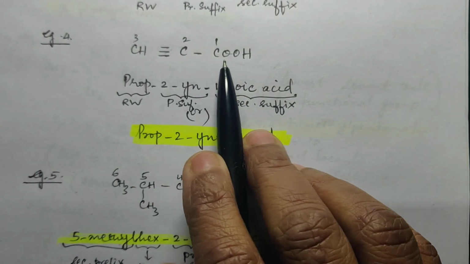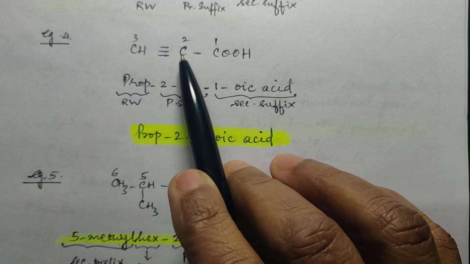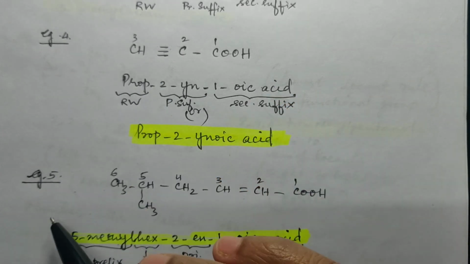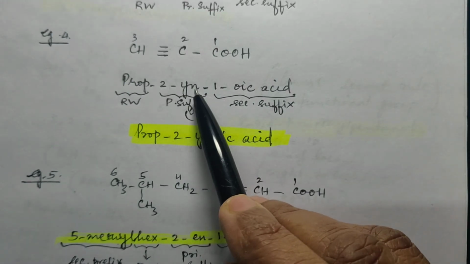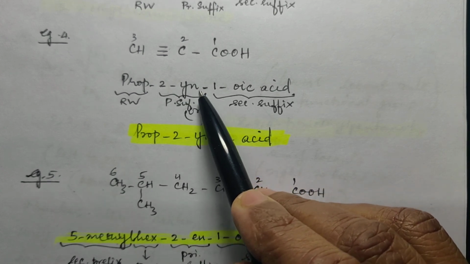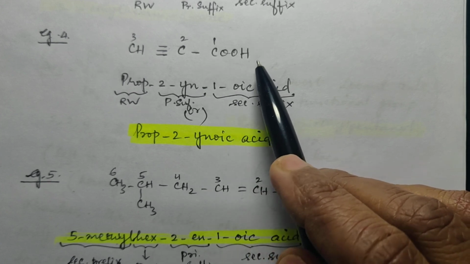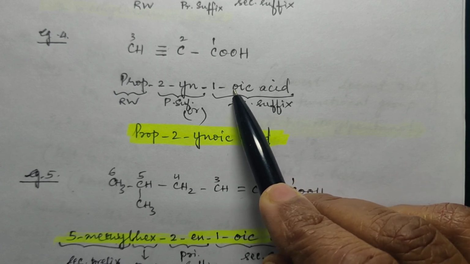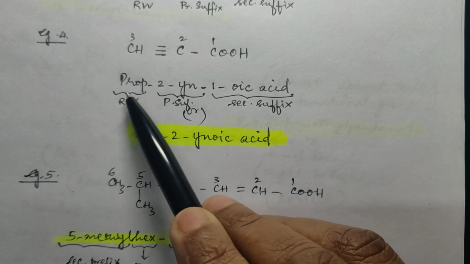Now this is again a carbon chain of 3 carbon atoms, and there is unsaturation between 2 and 3. So here also your root word is prop, and 2 and 3 के बीच में triple bond है. So it is 2-yne. Again you will not write YNE. Why you will not write YNE? Because it is acid group. Acid के लिए आपका suffix क्या है? Oic acid. Now oic acid, it is starting with O, which is a vowel. So YNE, ये वाला E यहाँ पे नहीं आएगा. ठीक है?